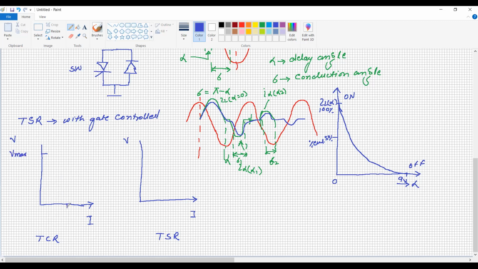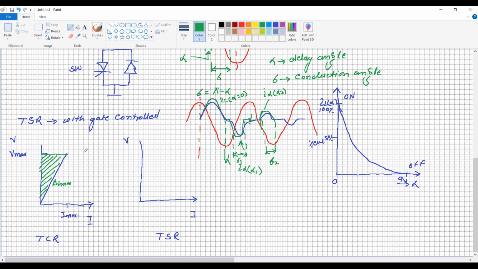And similarly, this is current maximum. We can conduct up to the maximum current. And this line represents the controllable region, and the area under this region represents the controllable region for the thyristor controlled reactor. So it is a thyristor controlled reactor where BL maximum is going to occur over